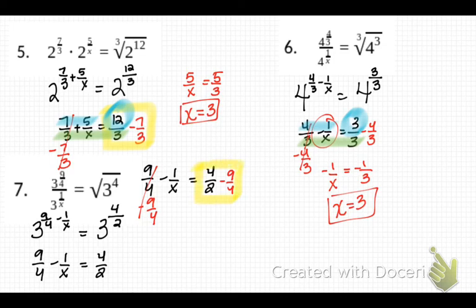No, I have to give them a common denominator. So what is their common denominator? It is 4, so I'm going to multiply by 2 and by 2. So 4 times 2 is 8 over 4 minus 9 over 4 equals negative 1 over x. So negative 1 over x equals negative 1 over 4. So x equals